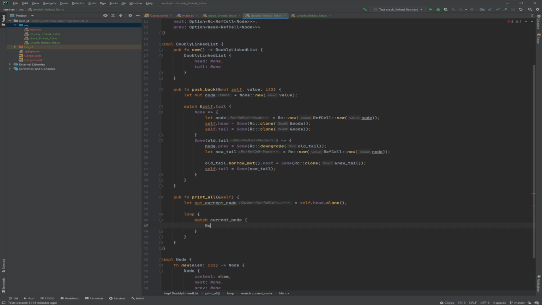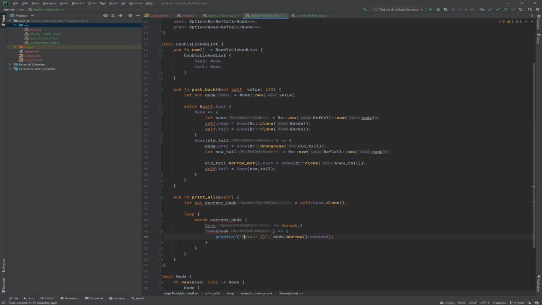All right, so if none, then there's nothing to print. We break. Some: get the node. That's the some, and we want to print the value. And to get it, we want to just borrow, not mutably, but a normal immutable borrow, to print the value.